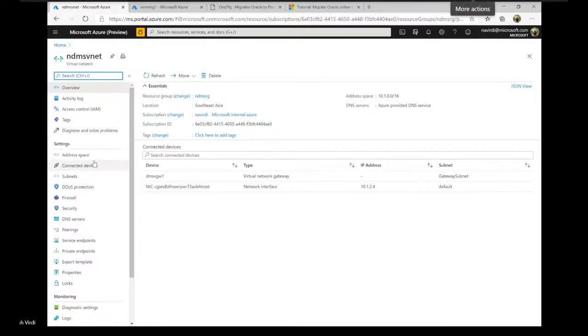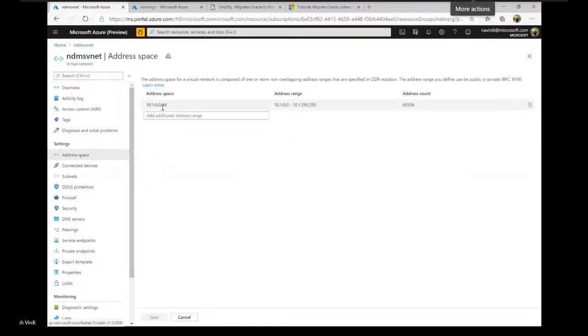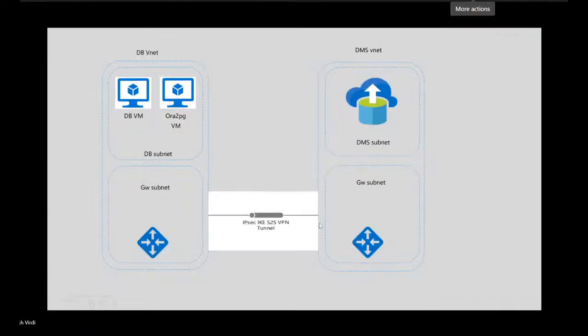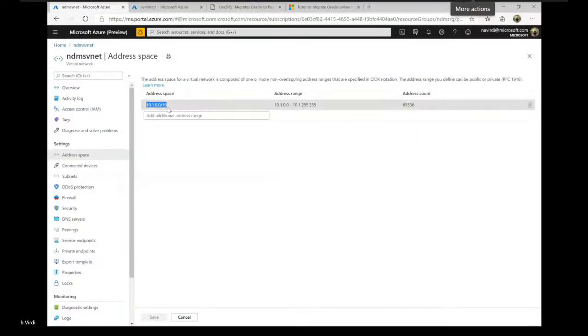And this VNet again has a different address space, right? This is to make sure that when you connect the VPN, there is no overlap in terms of the IP addresses. So always make sure that you are keeping the address space different from your on-prem or other cloud IP addresses. Otherwise, this might not work.